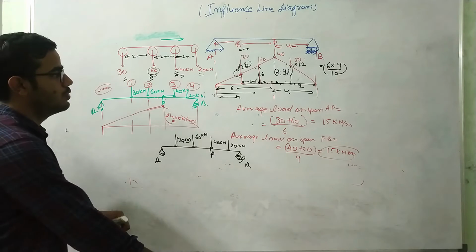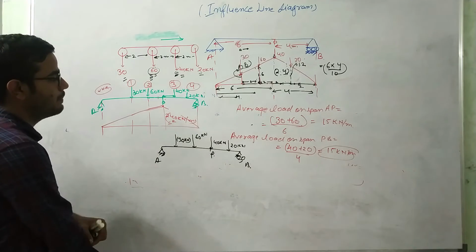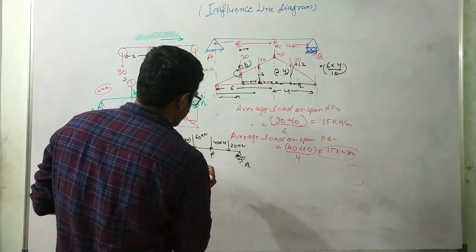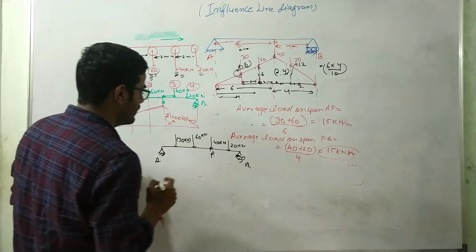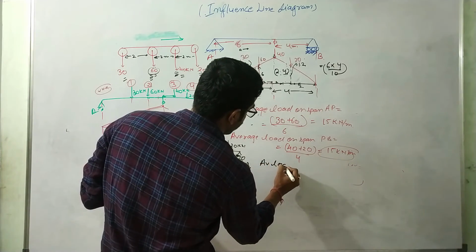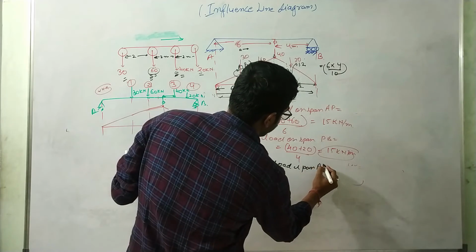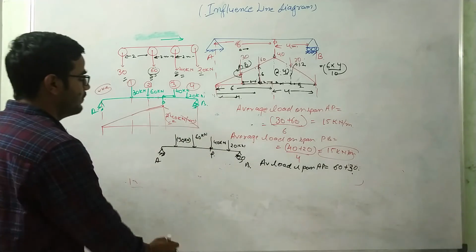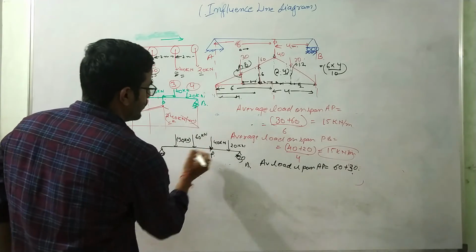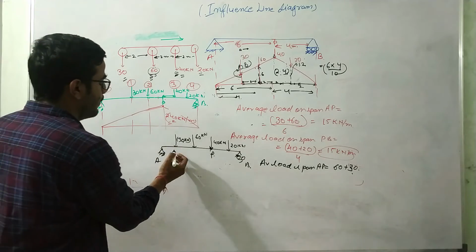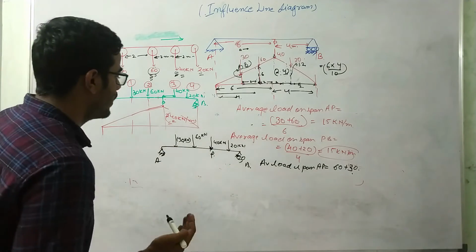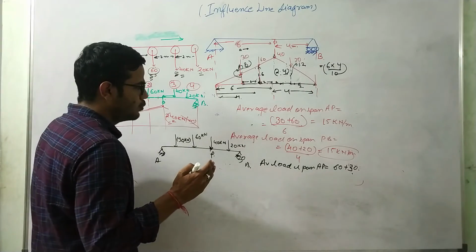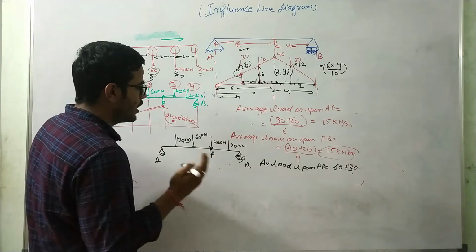It means the average load on span AP should equal the average load on span PB, because from this case also we are getting the maximum moment. If I calculate the average load on span AP, it will be 60 plus 20, 60 plus 30, over a length of 6 meter. And what should we do about this 40 kilonewton load? How is it distributed among these spans? It's all upon us. We can divide this load in any arbitrary ratio to make the average load equal on both spans.